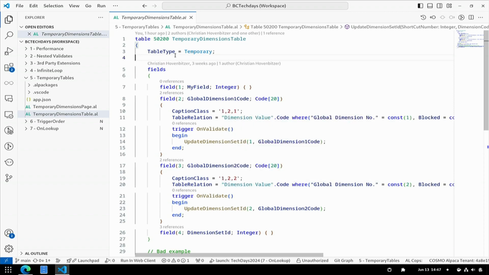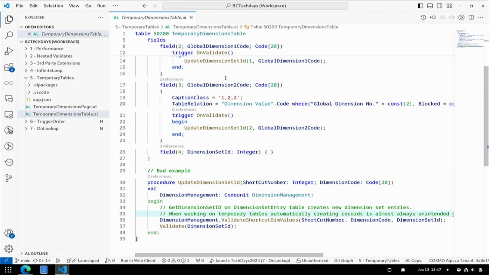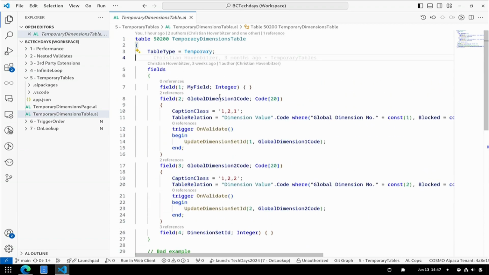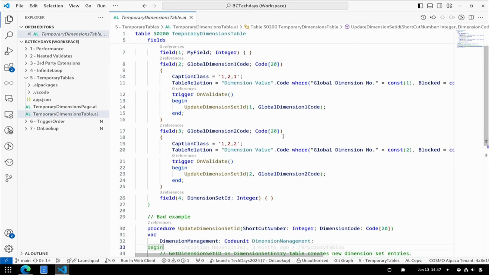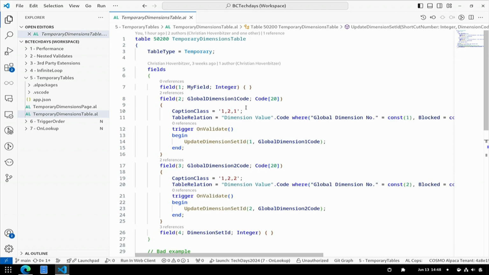Right, so I'm working here on the temporary table, and on a validate, if I validate one of these 2 fields, there might be a case where other records are created that I don't necessarily want to be created when working with temporary tables. This might be a somewhat easy example, but think about what happens when more critical records get created, for example a sales document, when working with a hijacked temporary table.